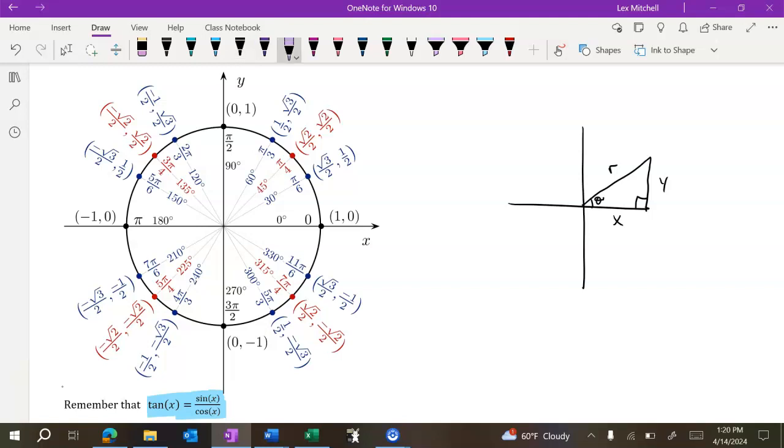If I were to label it using our trig sides, I'm thinking opposite, adjacent, hypotenuse. Now, if we're thinking SOHCAHTOA,